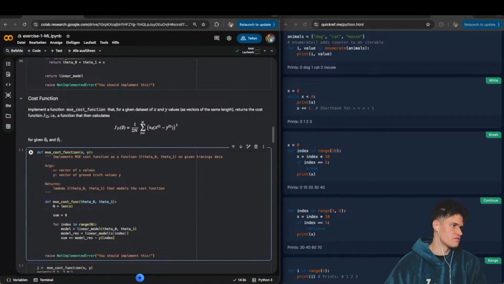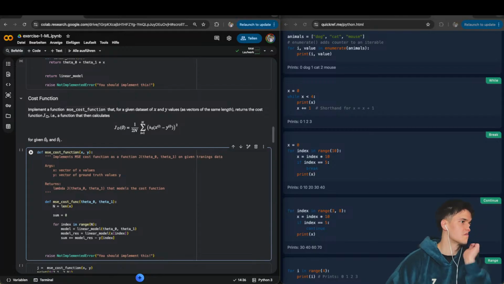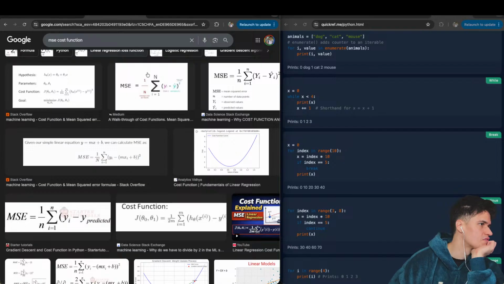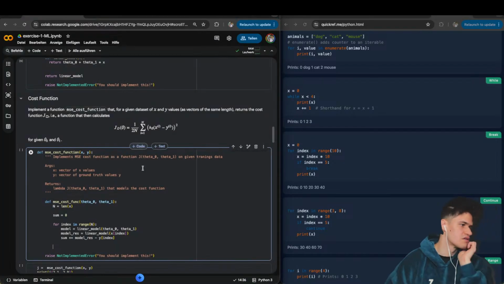And then at the end we do return, and then, yeah, the sum is